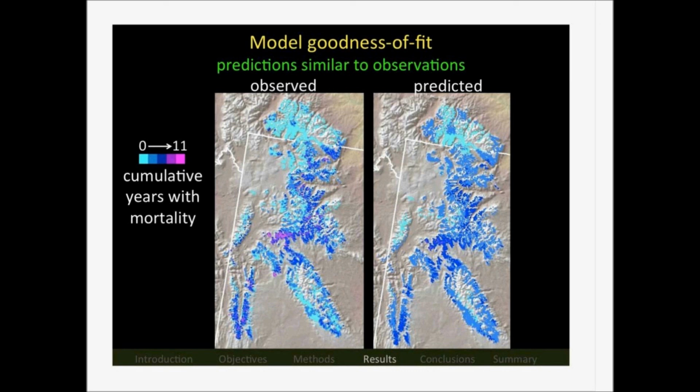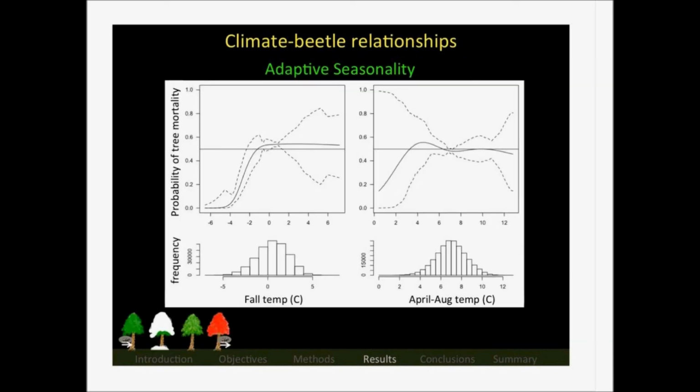And again, we felt the model did quite well capturing the temporal and spatial variability, so we felt we could move on to address objective 1, which is what are the climate beetle relationships in white bark pine. So each of these next slides will have the line graph on the top, which describes the relationship between the variable and the probability of tree mortality, and a histogram on the bottom showing you the distribution of that variable in the input data. So here on the left is fall temperature, and if fall